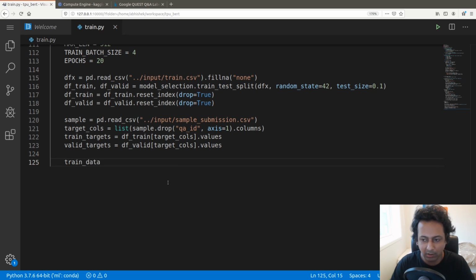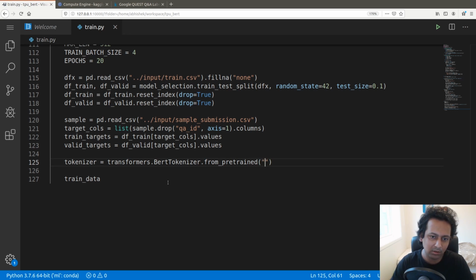We need to define the data loader, and we also need to define a tokenizer. So tokenizer is transformers.BertTokenizer.from_pretrained, and the path to the tokenizer is my /input BERT base uncased. So there I've stored everything, and train dataset now is